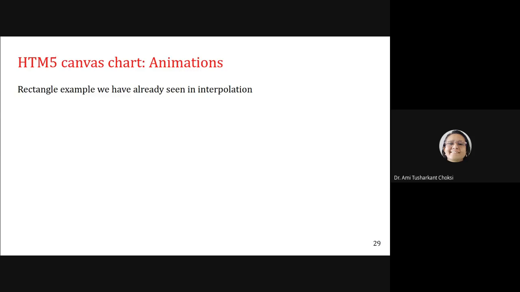For the rectangle example of this animation, not bigger and smaller, we have seen the rectangle passing from start to end, with the linear interpolation example.